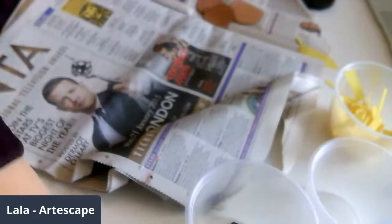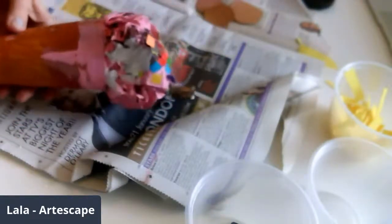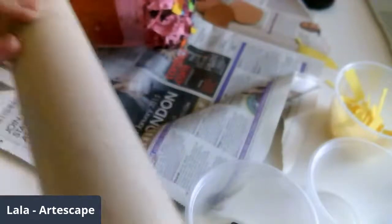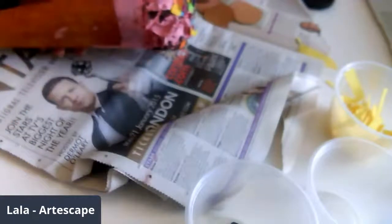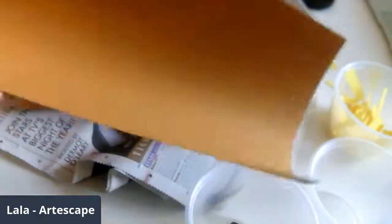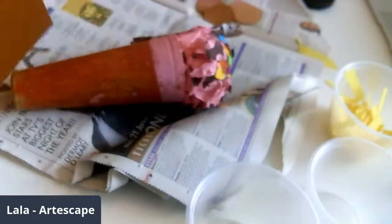So another thing you could be making today is an ice cream cone. This is one I made before. This is actually made with a textile cone, which looks like this. But if you don't have those available to you, you could use a piece of paper. I found a piece of paper here that's sort of cone coloured. I just happen to have this lying around, but you may not. So I'm just going to